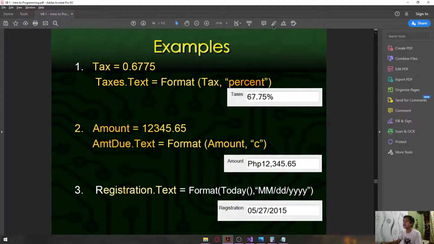I think I've clicked this one, highlight text. Well, anyway,